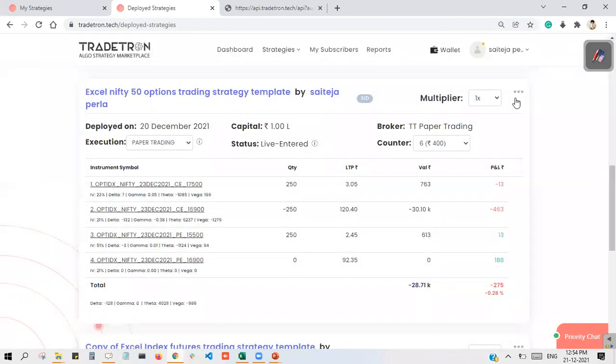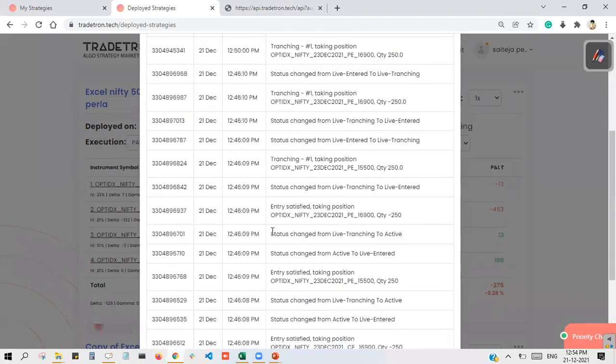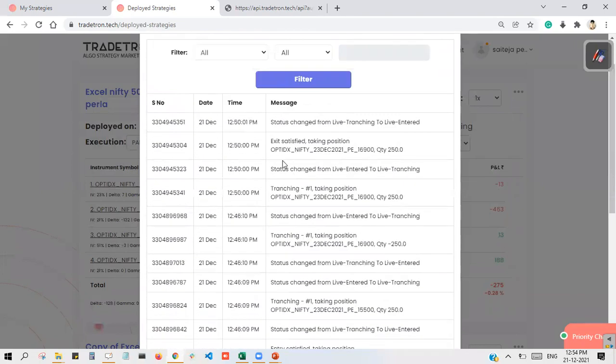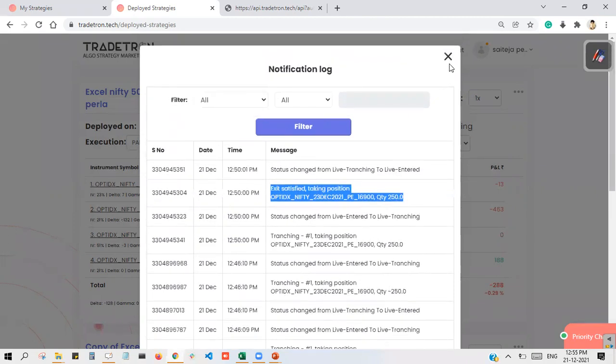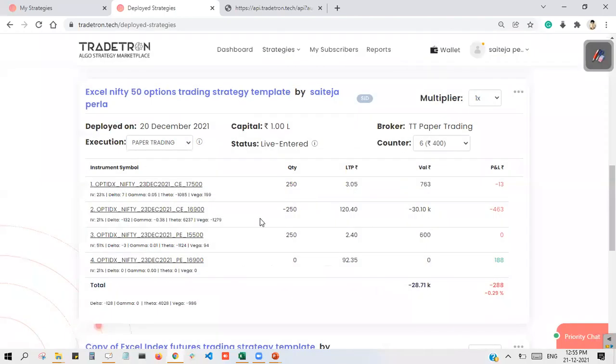So let us check the notification log for this Nifty PE option. You can see it exited at this position. But I had placed the exit order after the target and stop loss were hit, and nothing happened for these positions.